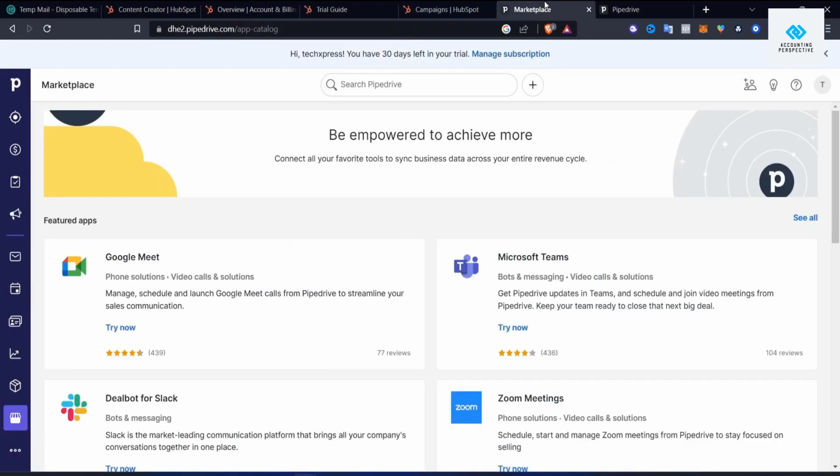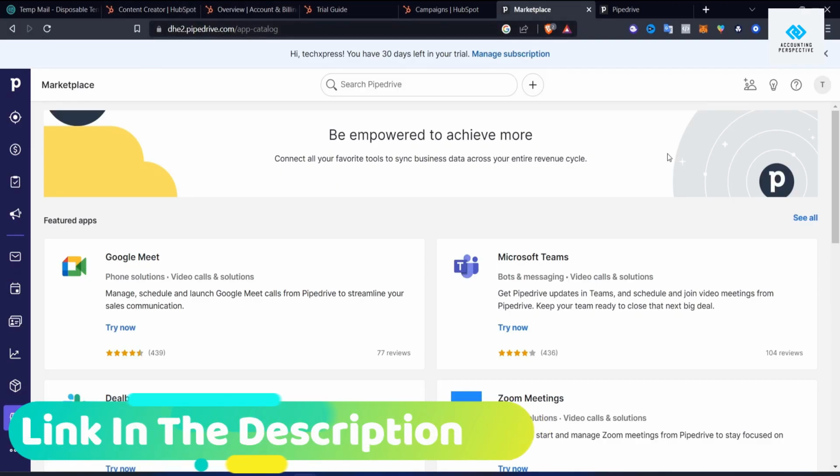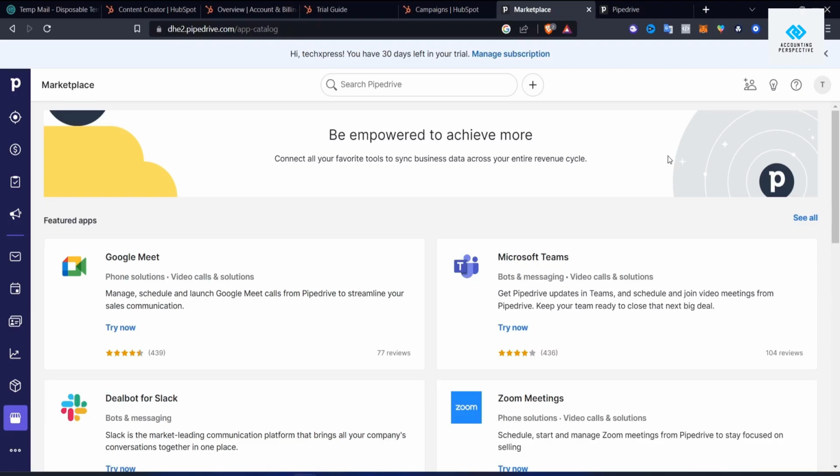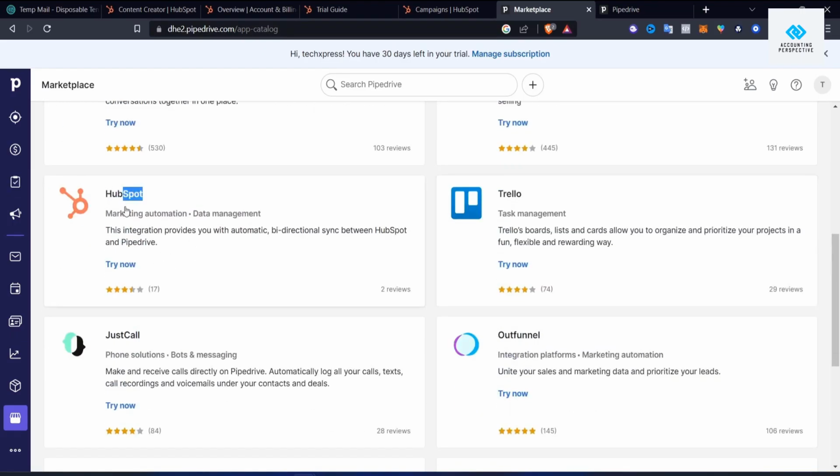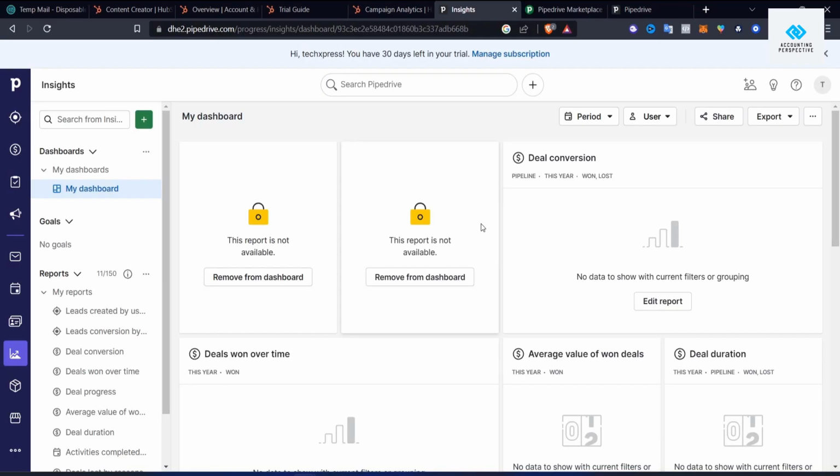But here in Pipedrive, we didn't have to do that a lot. We've already reached the marketplace where we can add more stuff. For example, we can implement the integration of Google Meet, we can implement Slack, we can implement Zoom, Trello, even HubSpot inside here, JustCall, and much more. I think that it is really obvious which one fits best, but I can strongly suggest you to not